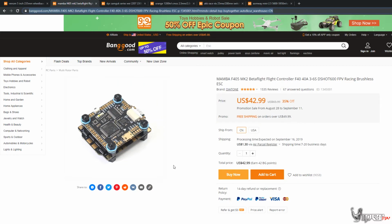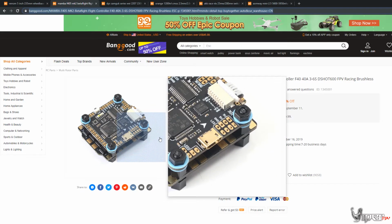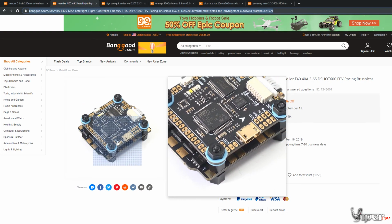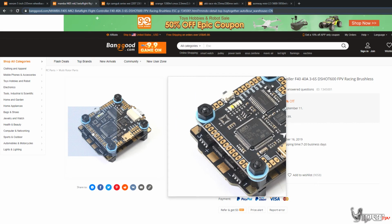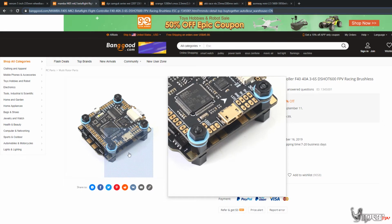But this right here is the Mamba F405 MK2 Betaflight flight controller and 40 amp 3 to 6S D-Shot 600 ESC. So you're getting a D-Shot 600 ESC, you're getting an F4 flight controller, you're getting tons of UARTs, and you're getting an awesome 3 to 6S ESC. So you technically could build a 6S quad for $150 technically,